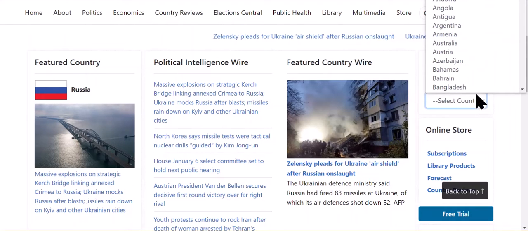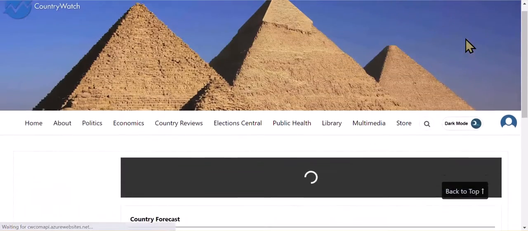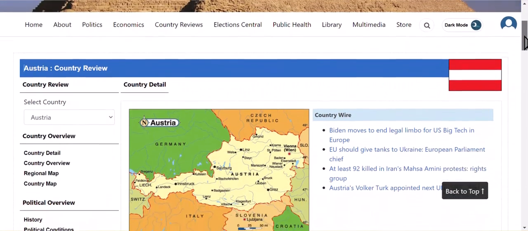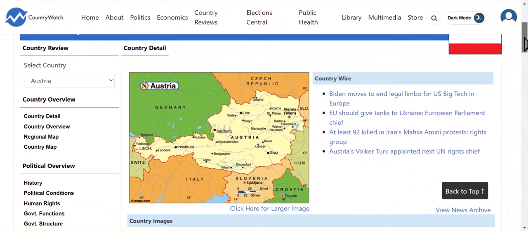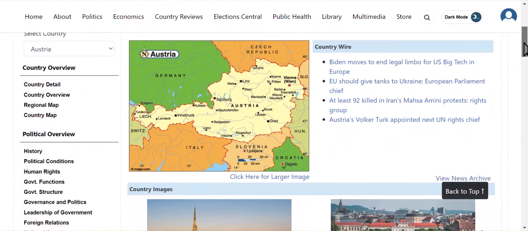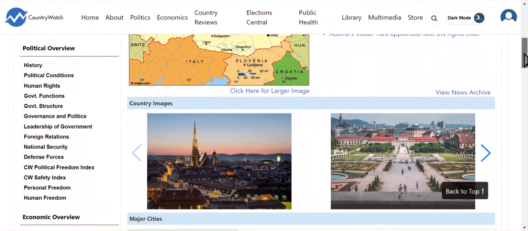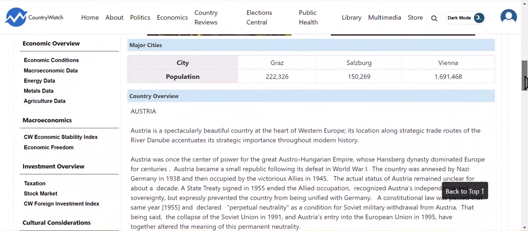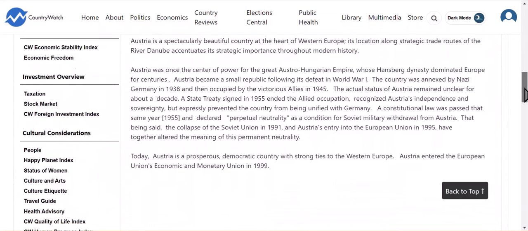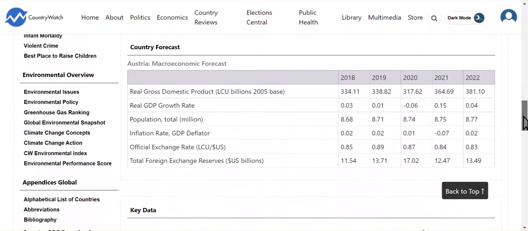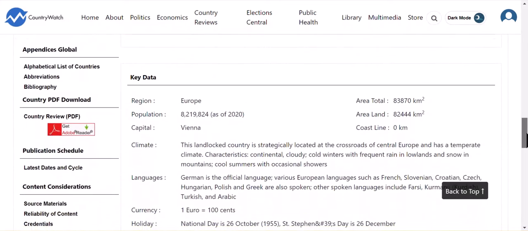Let's go into the country review for Austria. The report will open up on the screen, and as you scroll down, on the left-hand side, you will see how you can access the different sections. They are broken up into politics, economics, macroeconomics, investment overview, cultural considerations, an environmental overview, followed by an appendix, and